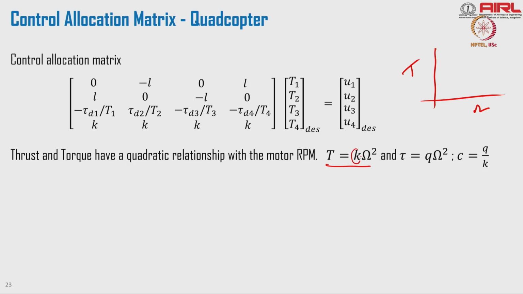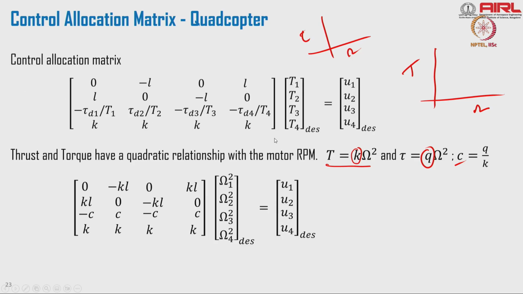I can find out the K. So I can substitute that K, and I can also get something similar for torque. I can plot torque versus RPM from a thrust bench and collect the data. We talked about all this when we discussed modeling of the multi-rotor system. I can get the value Q. So I can normalize to a single quantity, which we call C, which is Q by K. With that I can represent U1, U2, U3, U4 in terms of omega 1, omega 2, omega 3, omega 4,